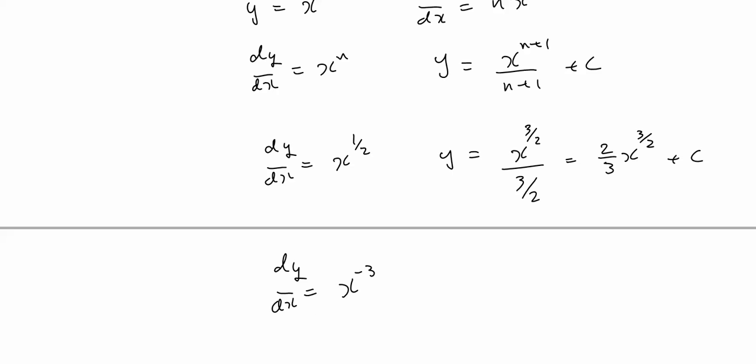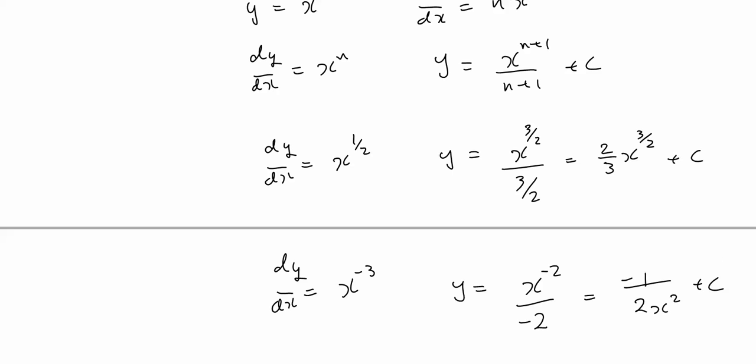For negative values, if dy by dx is x to the power of minus 3, then y equals x to the power of minus 2, we added 1, divided by minus 2, which we would write as minus 1 over 2x squared